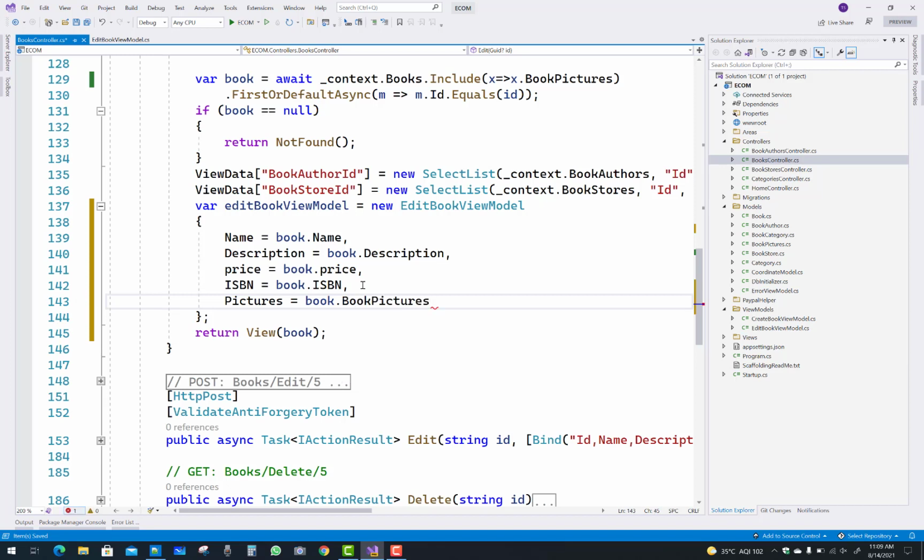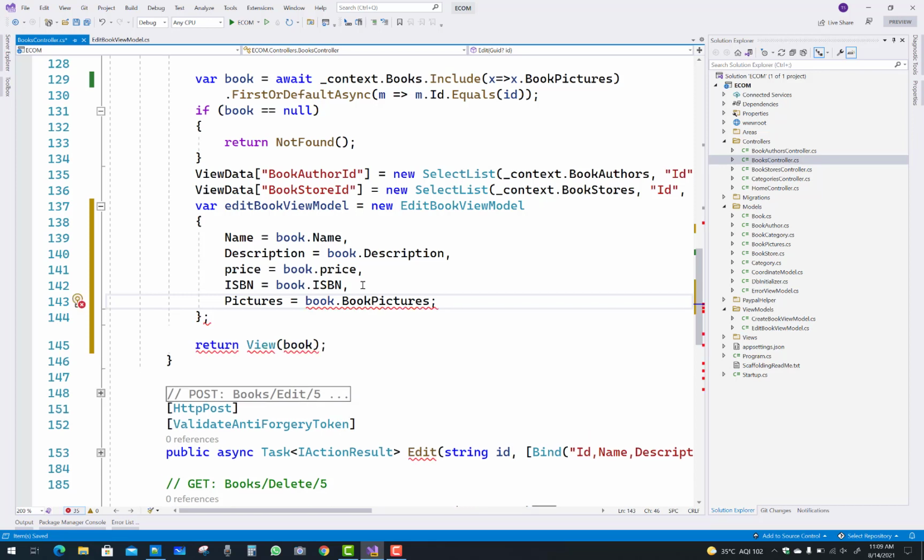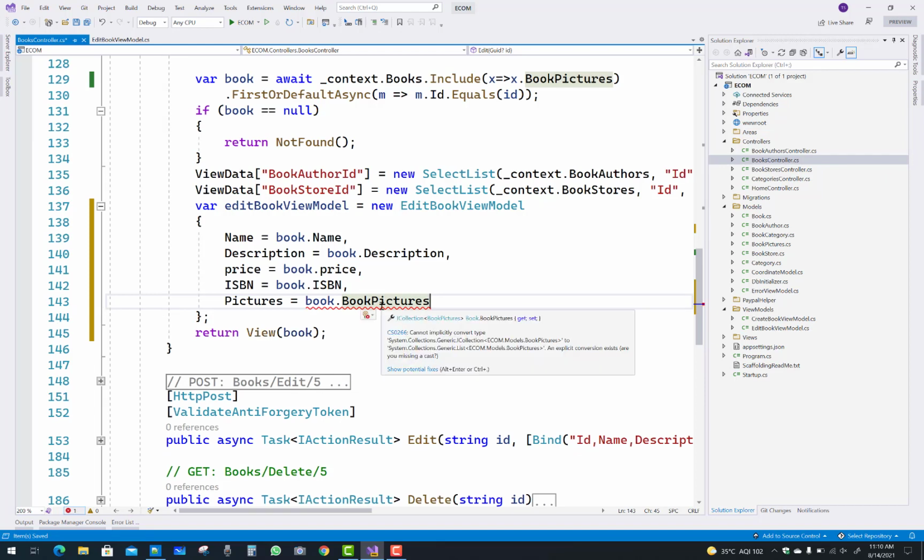So here we have multiple book pictures in the Pictures property. Also cast it, since there are potential errors shown, cast it to book pictures and use ToList to make it a list.